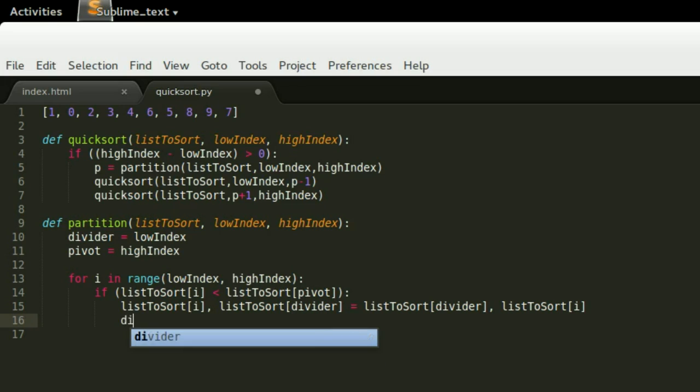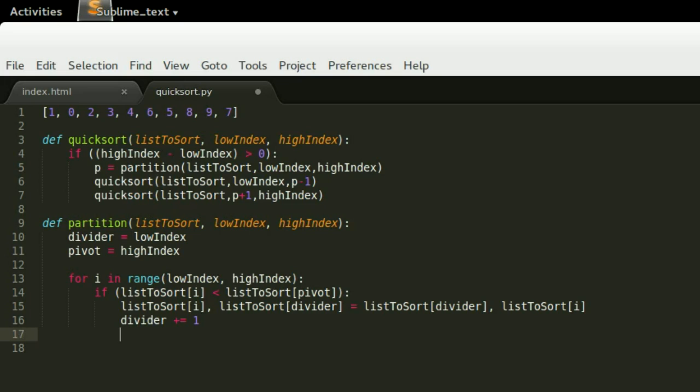So we'll say divider, add 1 to it. All right, cool. So that's once we get through all those elements in range from low index to high index, and we've compared each one and swapped as appropriate,